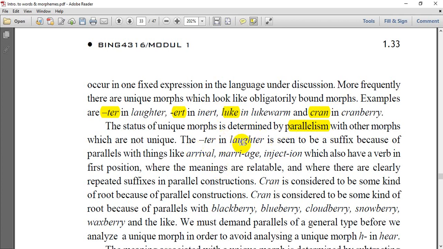For example, laughter is seen to be a suffix because of parallels with things like arrival, marriage, injection, which also have a verb in first position,